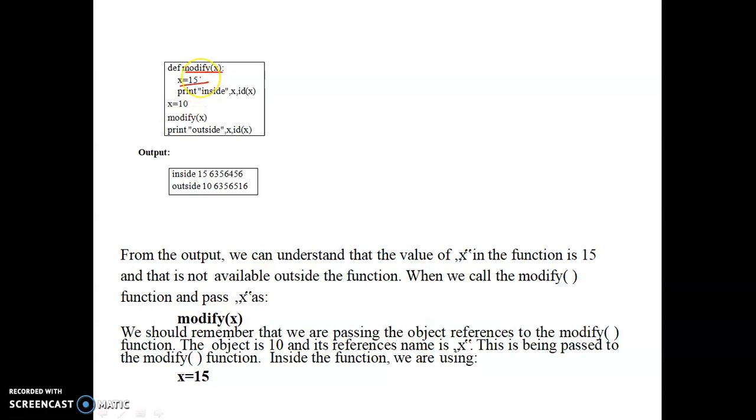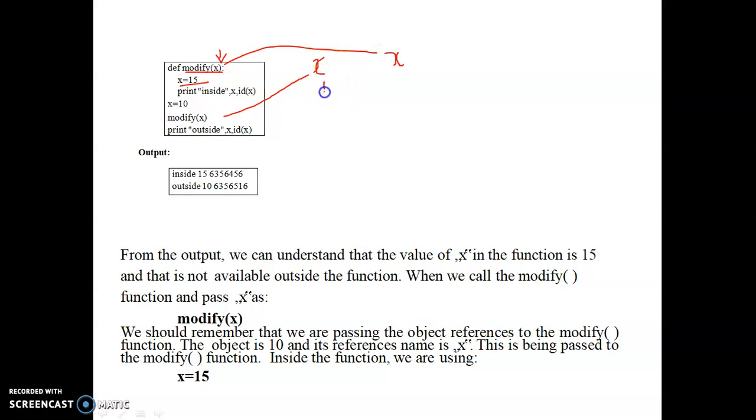Generally we would treat x as similar to the x which we have passed to this function. But here in pass by value we have two copies of the x variable. One x variable is outside the function, and within the function we have another x variable.